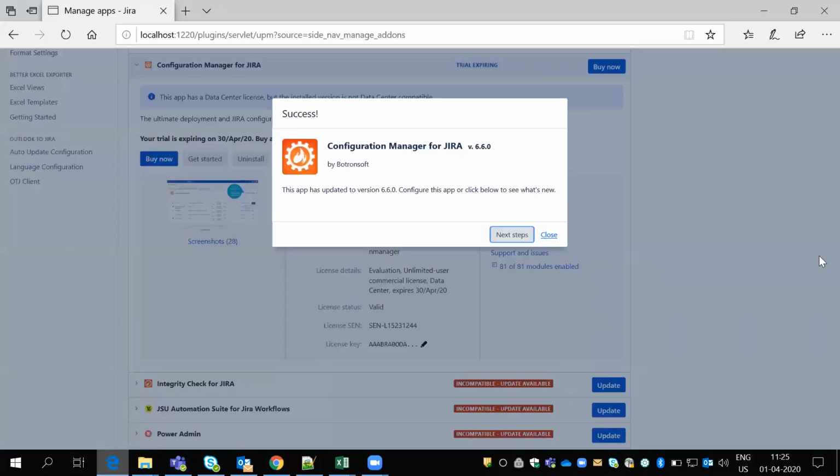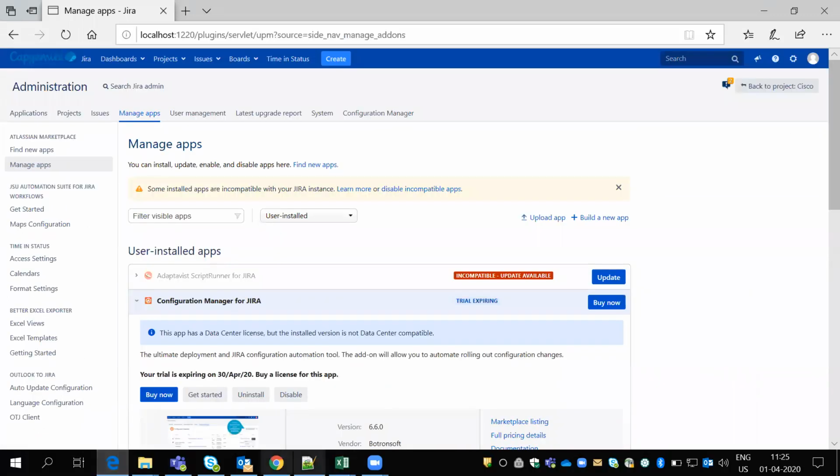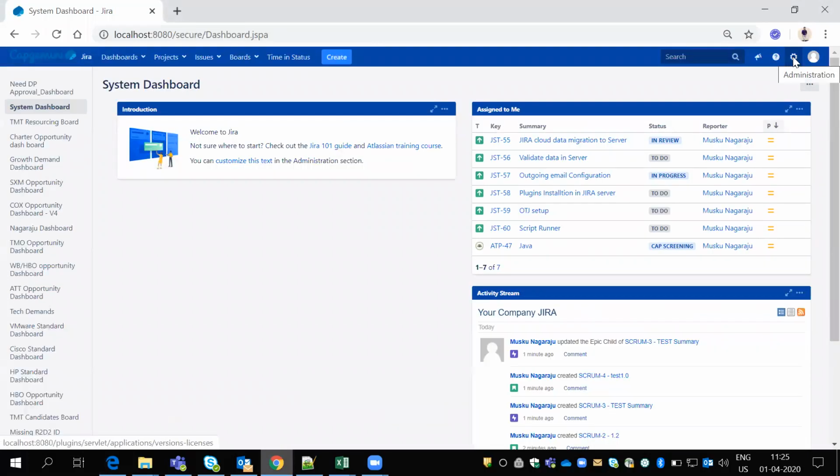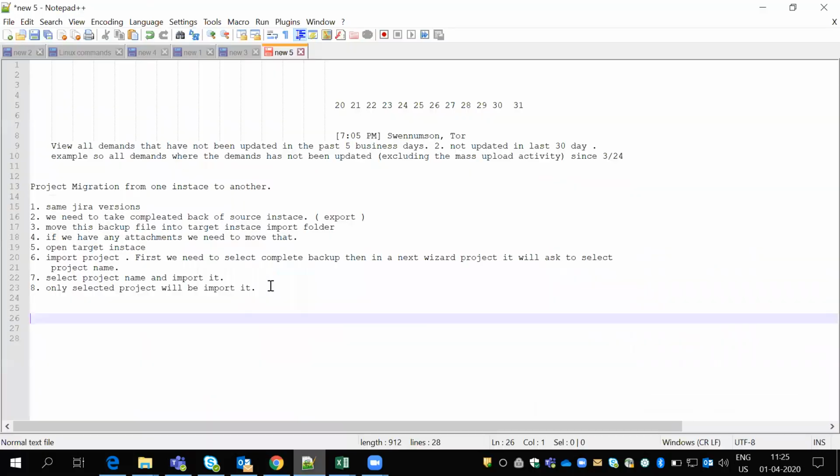Okay, so this is also updated in the 660 versions. So how we need to proceed is migrating a project from one instance to another instance with the help of this plugin. So you just go with this target instance. First we need to do this with the help of plugins. We have the options like